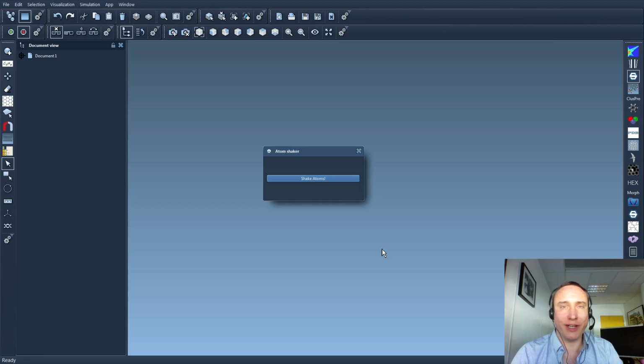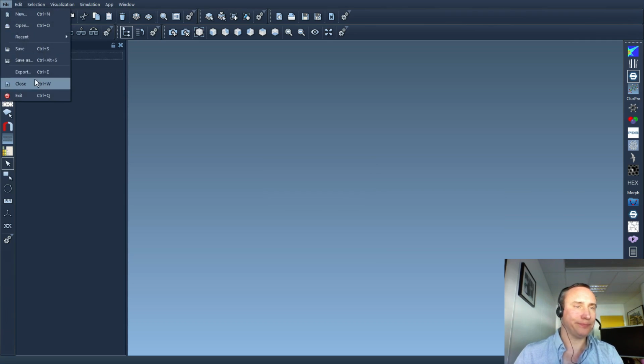Now we're going to move atoms. So we're going to do three things. The first thing is just translate atoms in the X direction. Then we're going to add the possibility for users to undo their action, and then we will add some randomness. Okay, so I exit SAMSON,